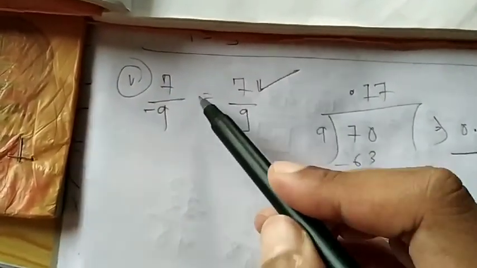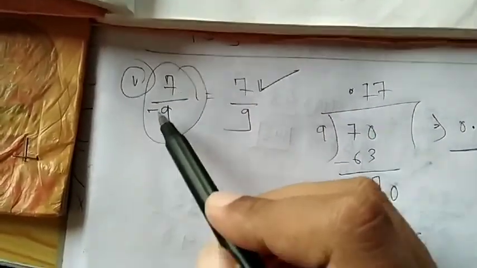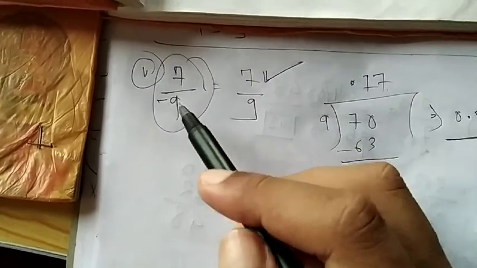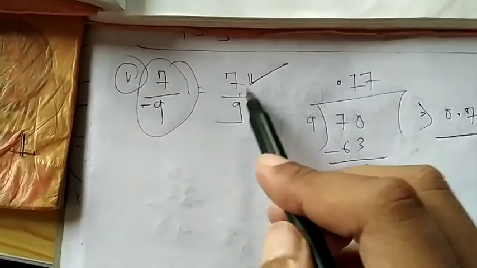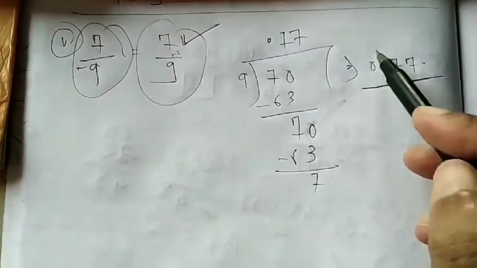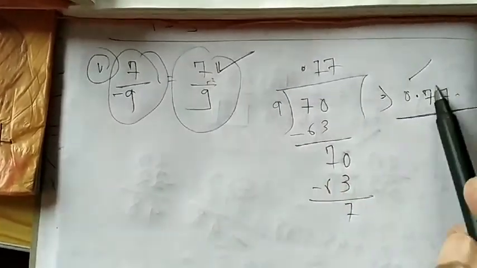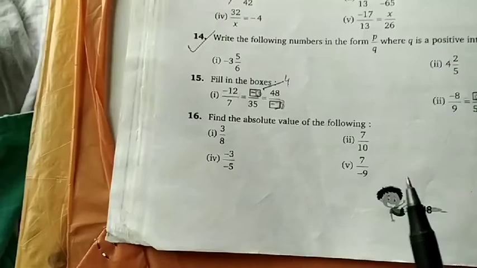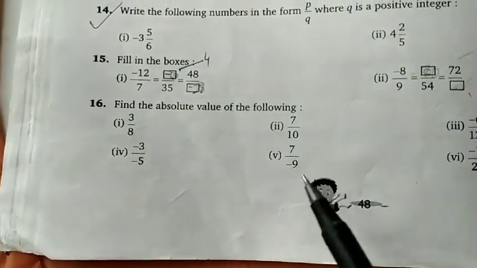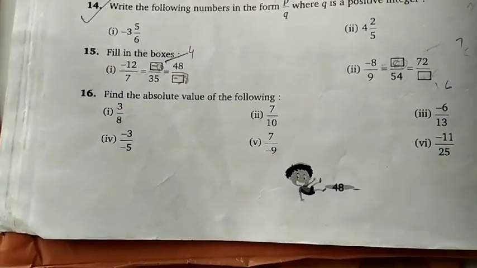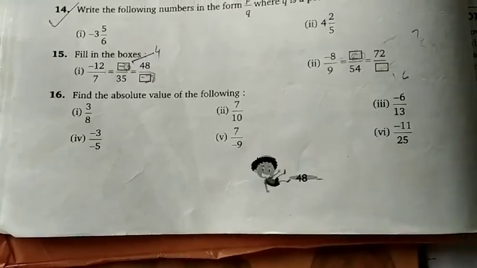So the question is trying to say that you cannot solve a fraction when a numerator or denominator is in negative form. So this is the exact answer, but if we solve it, we will get this. You can either end it here or you can solve it. Basically what I am trying to say is, whatever negative sign there is, you have to remove it. That will be the answer. Just remove the negative sign, then try solving it.